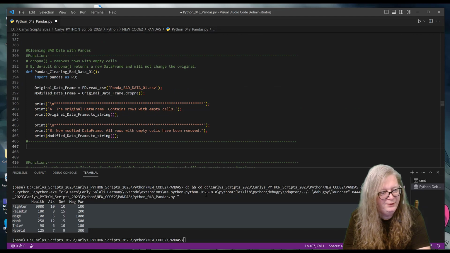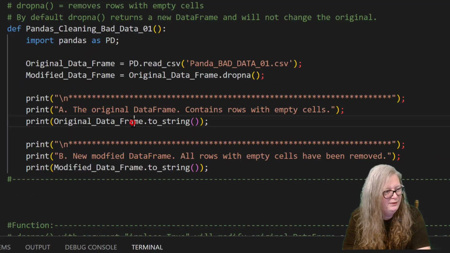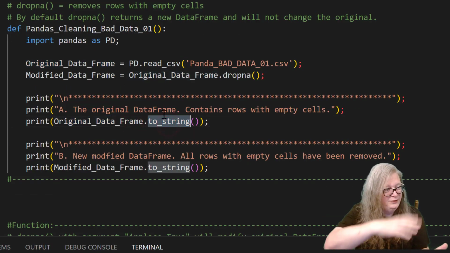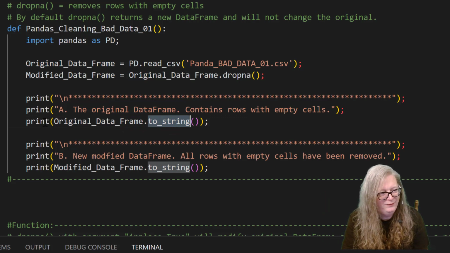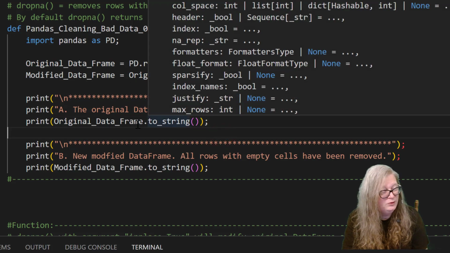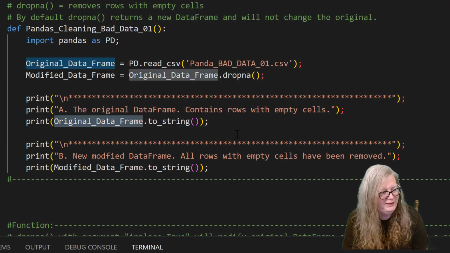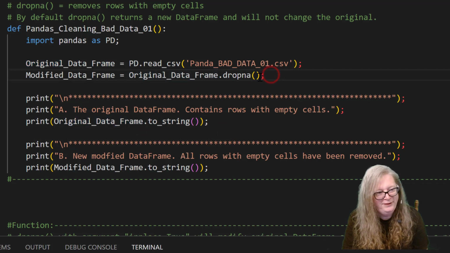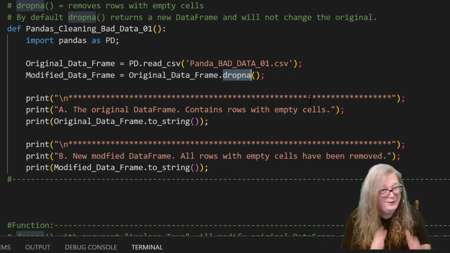But let's do that here. And we're going to display it. And we have to parse it. We have to convert it to a string to print it, the value in the print method. We'll do before and after, but the way we'll do it, we'll display the original data frame. Nothing was done to that by default. And then the new, modified data frame, we'll display that and see what effect drop_NA had on those rows that had the columns with empty data. Okay, so